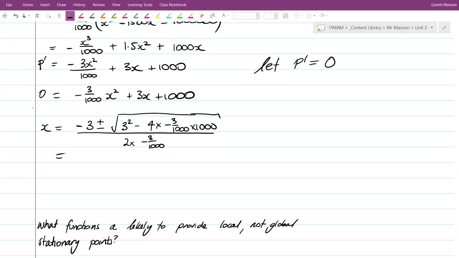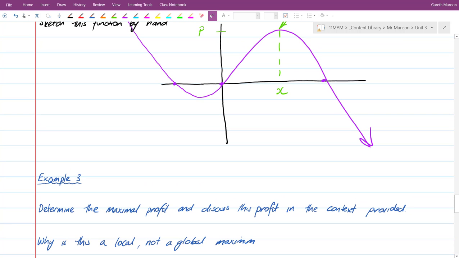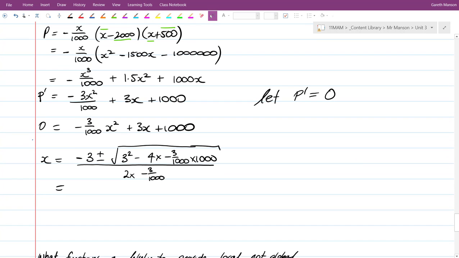I know that obviously I've got 2 turning points in this cubic if I go back up to my graph, and I really don't care much for this turning point. So I'm going to be finding the positive answer, and the positive answer will be when I treat this square root thing as a positive. So I'm going to do that immediately and not worry about the negative answer. Oh, actually, no, that's not necessarily true because there's a negative on the bottom. With my negative on the bottom, by doing the plus on top, I've ended up with this negative here,